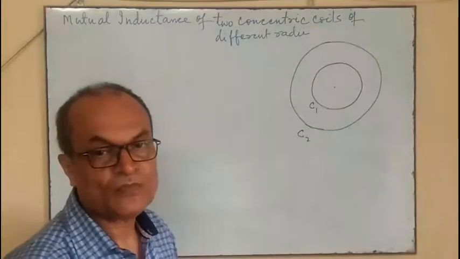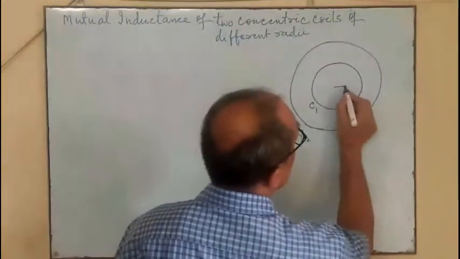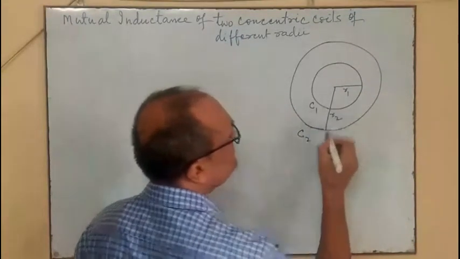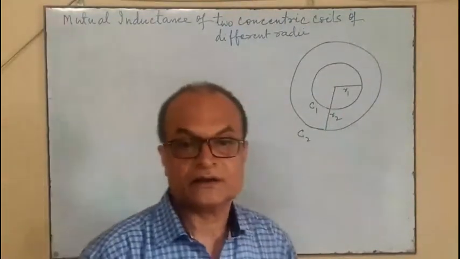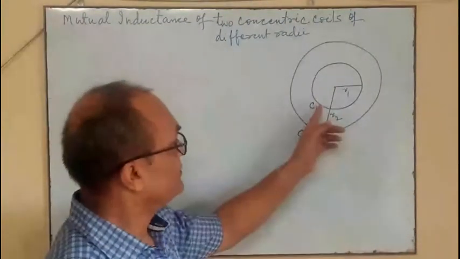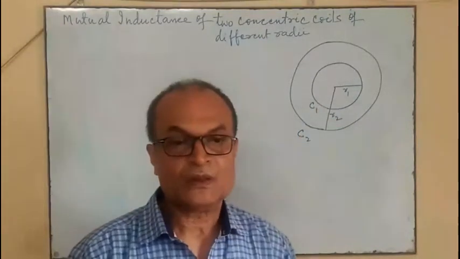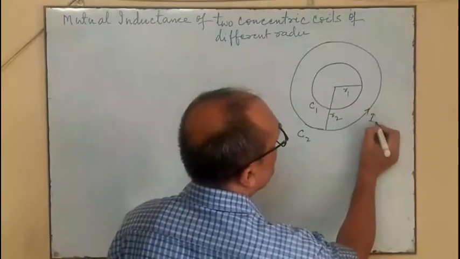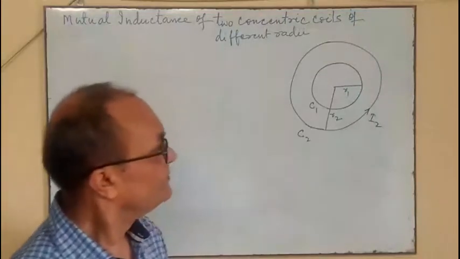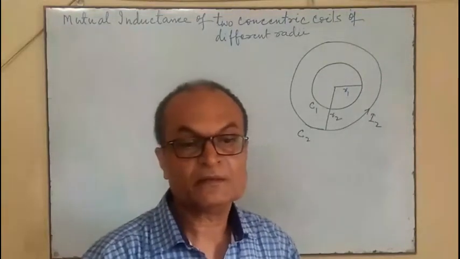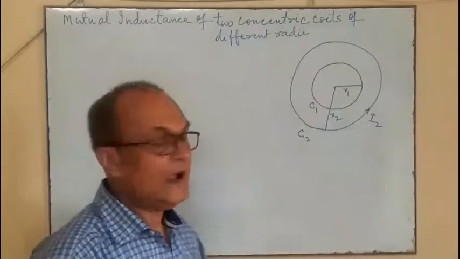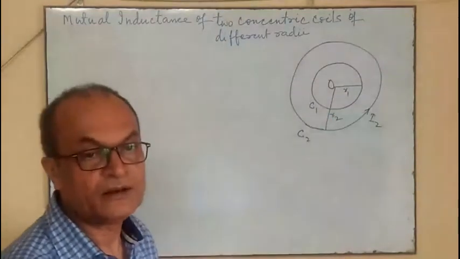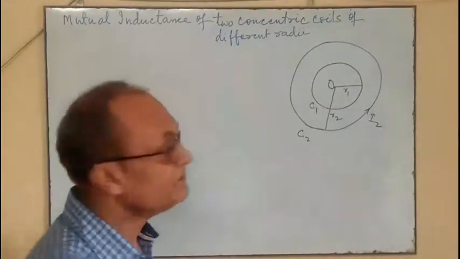and the radius of the inner coil is R1 and of the outer coil is R2. So R1 and R2 are the radii of coil C1 and C2. Now suppose current I2 flows through the coil C2, then the magnetic field at the center, at the center of the coil C1, will be equal to